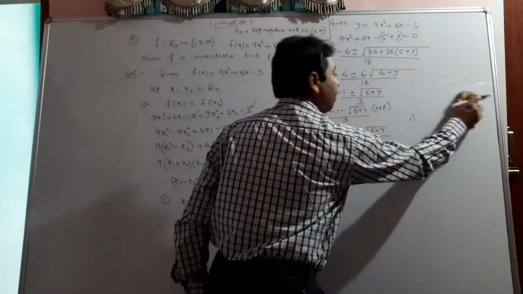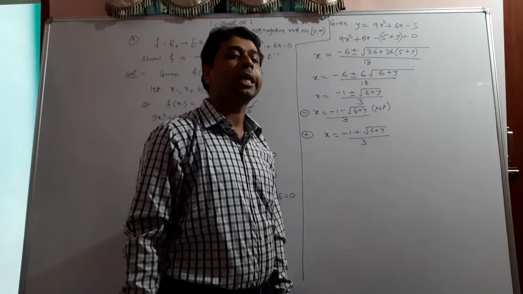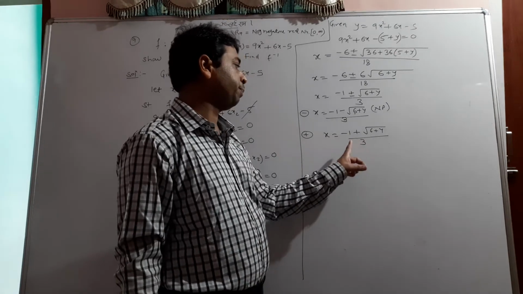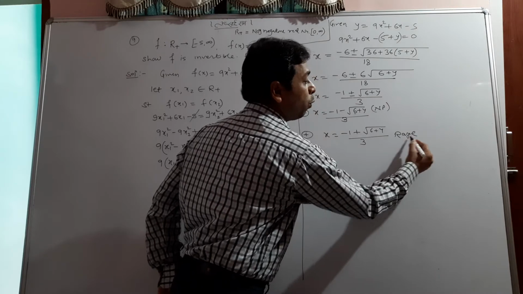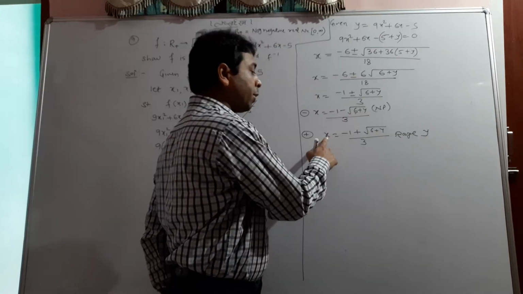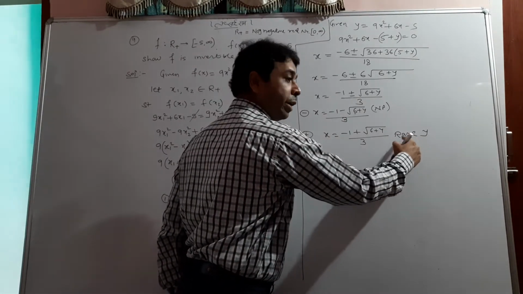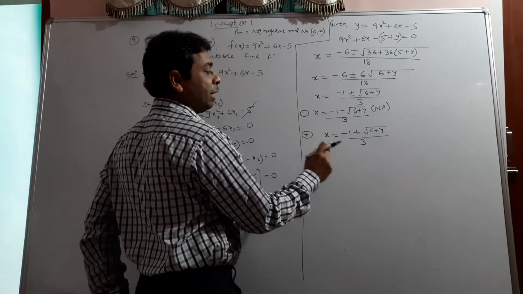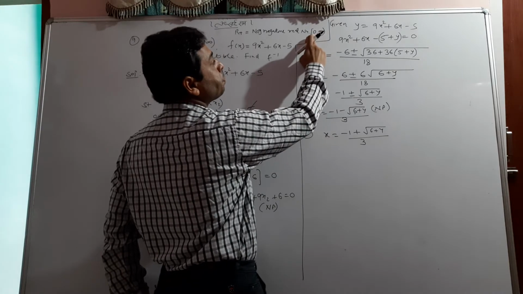But we haven't proved till now that the function is onto, so the work is a bit lengthy. So let me complete the work, how to prove that it is onto, so that we have to find its range. So what is the meaning of range? We have to find the criteria of y. When we find the criteria of x, it is domain, but when we find the criteria of y, it is a range. So I'll find the criteria of y. How do I do it, let me clear. Where is x? x is in this interval.